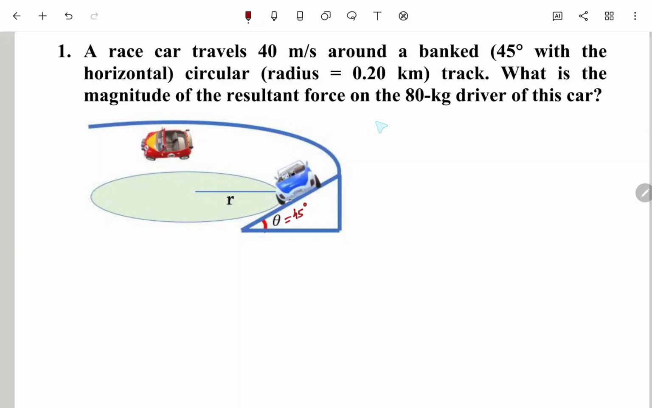Now the question is, what is the magnitude of the resultant force on the 80 kilogram driver of this car? The sum of all forces is equal to mv squared over r, and this is actually the net force here. The mass is 80, and v is 40 squared, divided by the radius of the circular path, which is 0.2 kilometers, or 200. The net force, or the resultant force on the 80 kilogram driver, is equal to 64